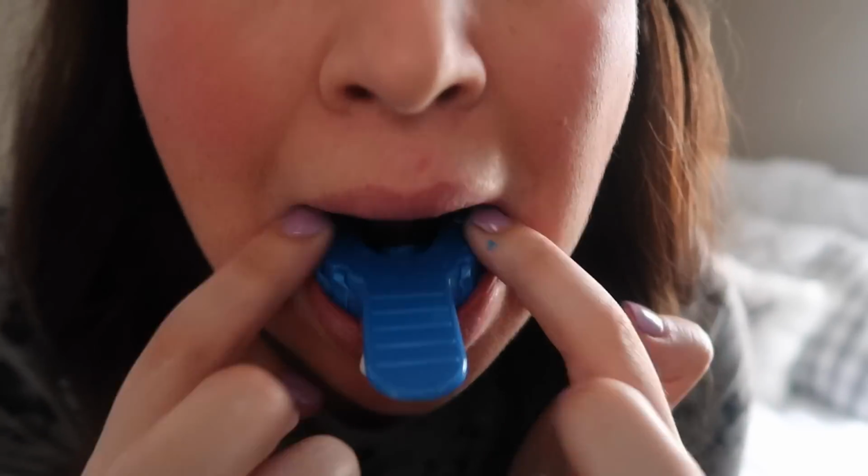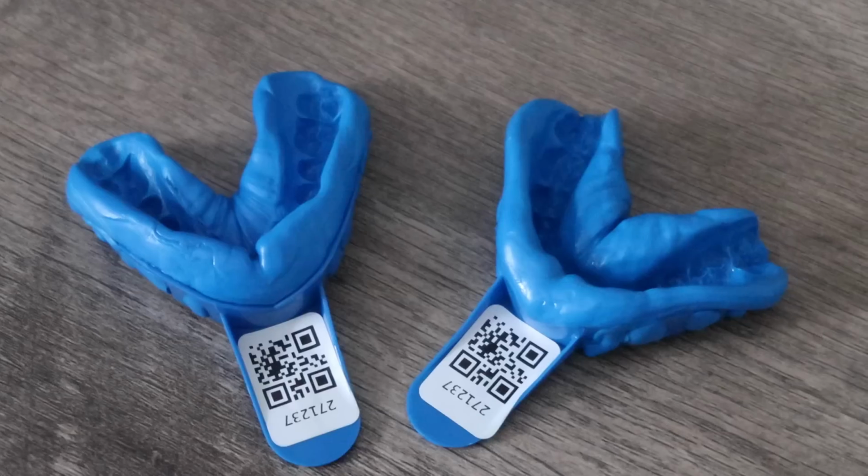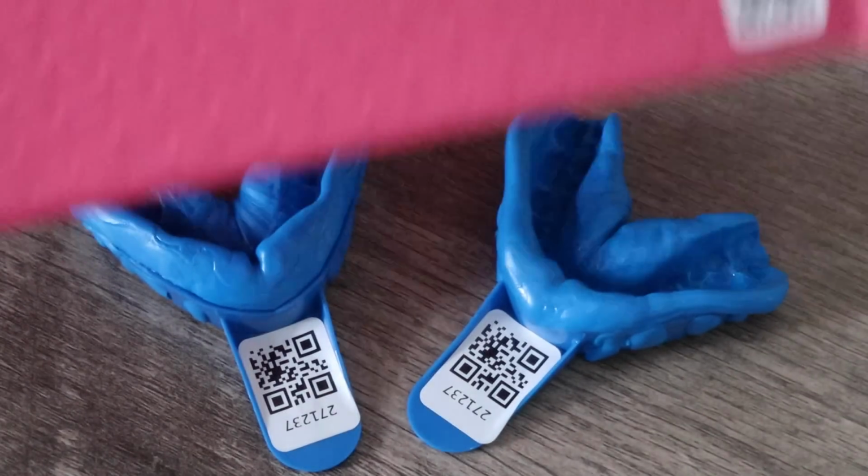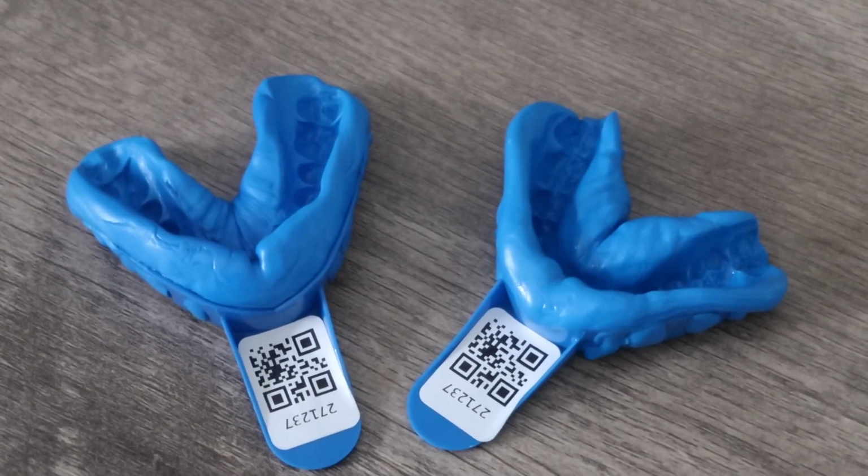So like I mentioned, they'll send you this kit and you're gonna go through and make your impressions. And then you make sure everything is in your tray correctly, and then you go ahead and let them dry. It's a super quick and easy process. You'll drop them in an envelope that they send you that's already pre-addressed with the same number that matches your impressions, so they can keep everything specific to you. And then you send them off, and then super fast you'll get back this container with your custom impressions, which